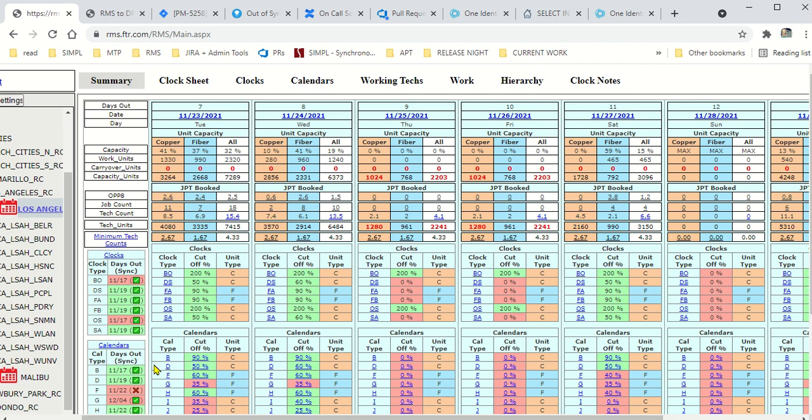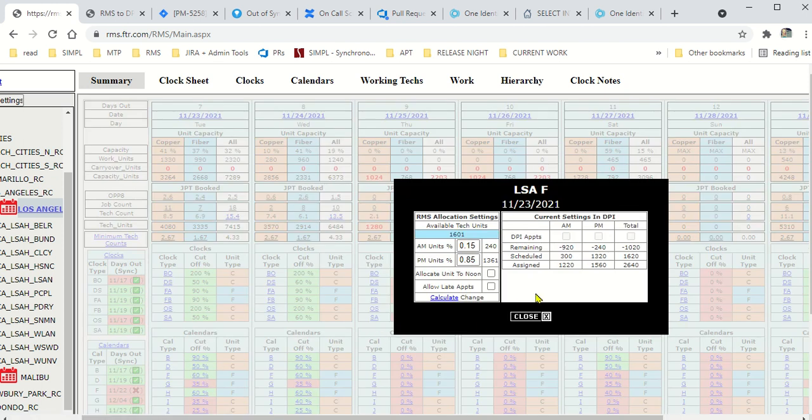Okay. So I'm comparing, in this instance, are you saying that the scheduled is not correct? Or,